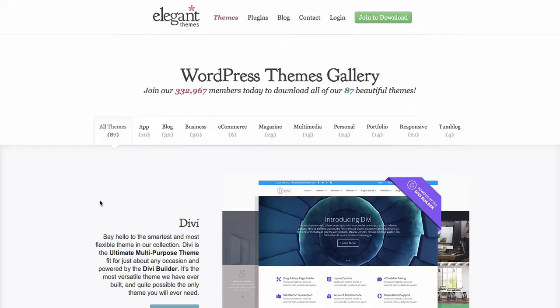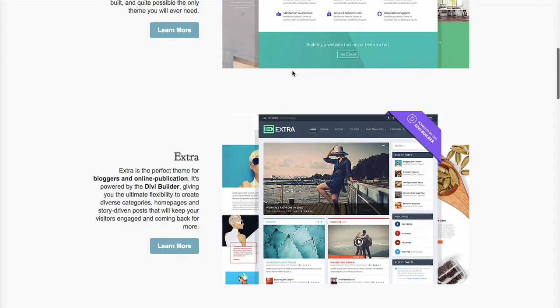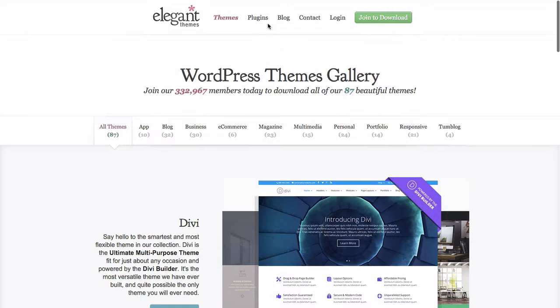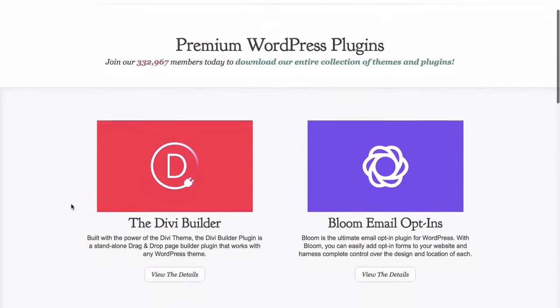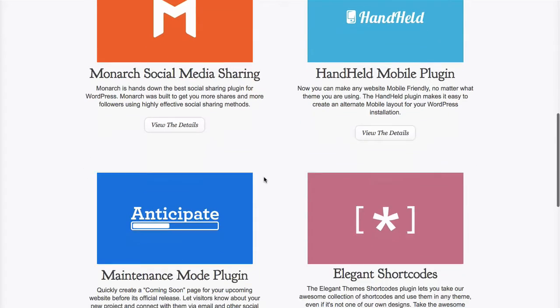And the guys behind Elegant Themes, they do a really good job, not only in the design of the themes and the functionality of the themes, but also in terms of support. They provide very good support, constant updates, always improving, always adding new features that make sense to their themes and their plugins. So you have Divi here, and you have Extra, which is a variation of Divi, which I explained in a different video in my course. And then you have all the other themes as well. So lots of different themes, and you have plugins as well. So you can get the Divi Builder, an opt-in plugin, social media plugin, a mobile optimization plugin, lots of other